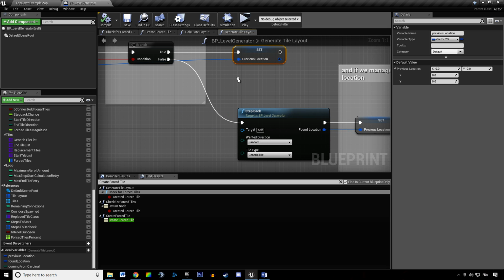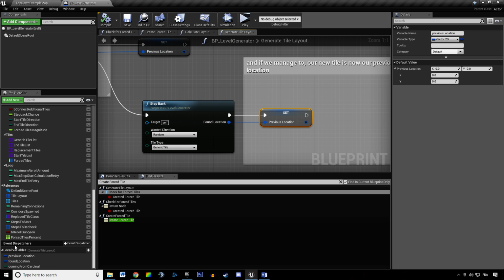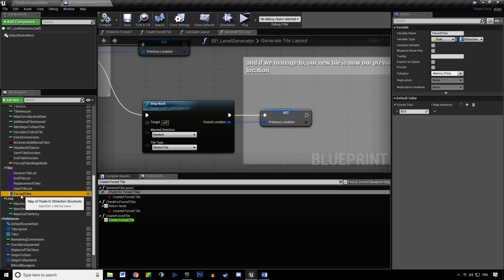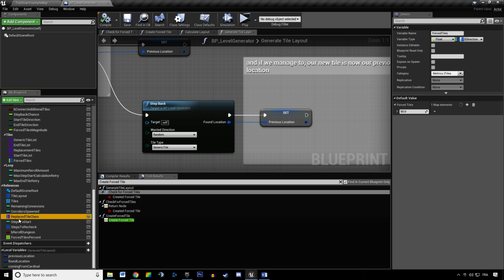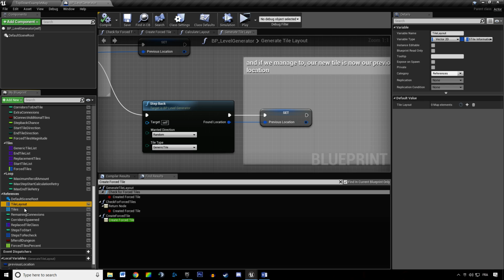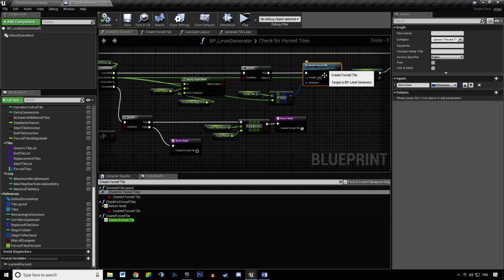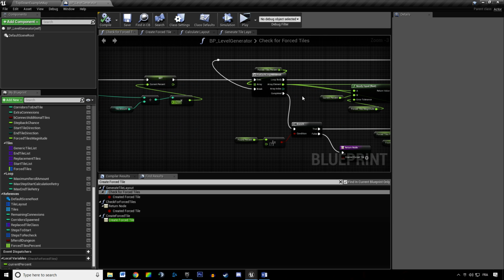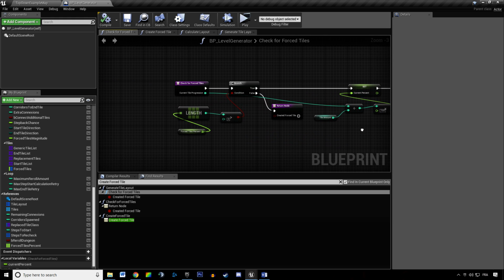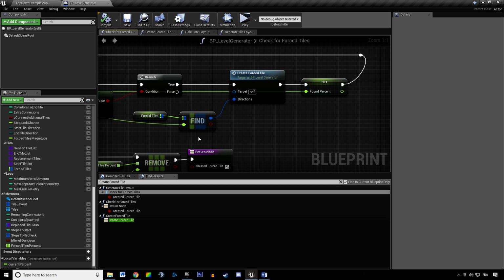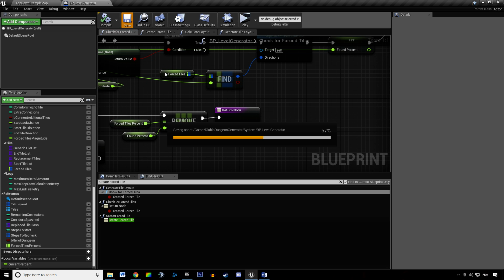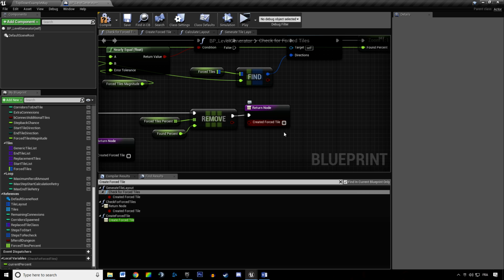But that's the same. That previous location is actually our last entry in that map, in the tile layout map. So actually we can take care of spawning the forest tile in here. For now, we're just going to make a quick test. We're going to say that we did not create a forest tile,